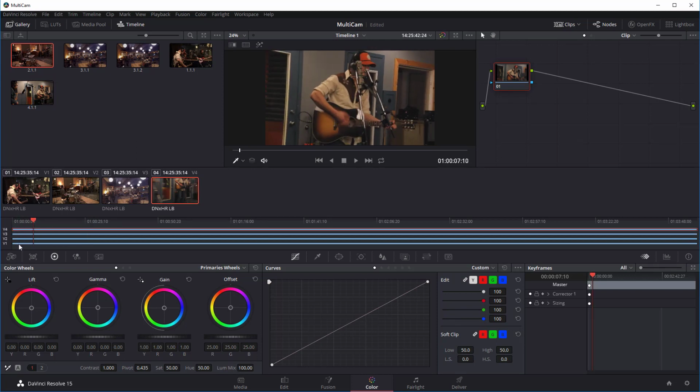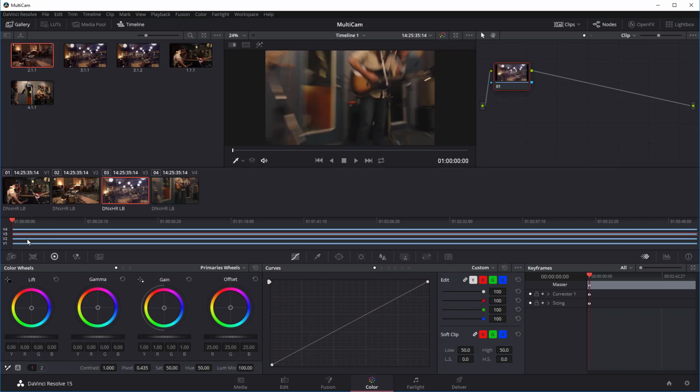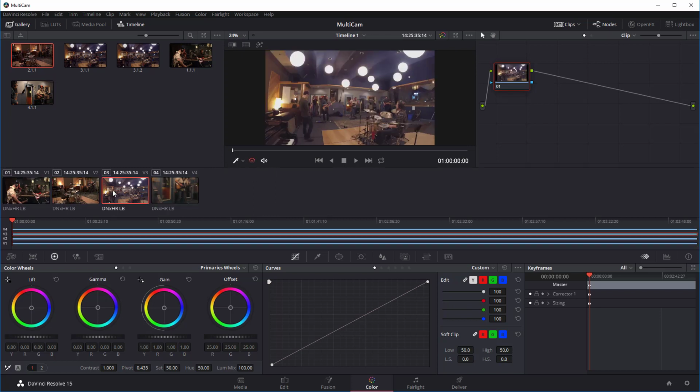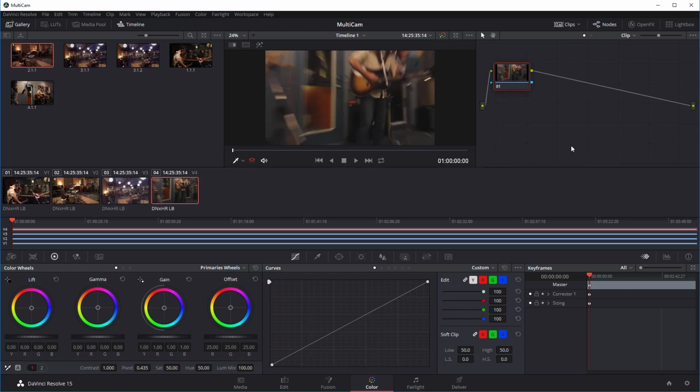You can see that basically V1 through V4 are stacked on top of each other. And so even though I'm clicking on these different clips, or you can click here, you'll see that you're not seeing any changes here. That's what this little guy is for. So you can unmix these, and that lets you then see each of these different camera angles, and actually at